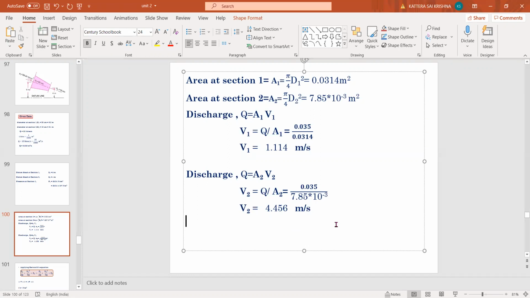Yes, can I go for the next point? So now we have got V1, V2, and already the P1 value is given. Z1 is there, Z2 is there. So we need to find only P2. Now we can use Bernoulli's equation at section 1 and section 2. What does Bernoulli's equation state? Total energy at one section is equal to total energy at the second section. So we can use P1 by rho g plus V1 square by 2g plus Z1 for the first section is equal to P2 by rho g plus V2 square by 2g plus Z2 at the second section. So total energy at the first section is equal to total energy at the second section. Can I go to the next slide?